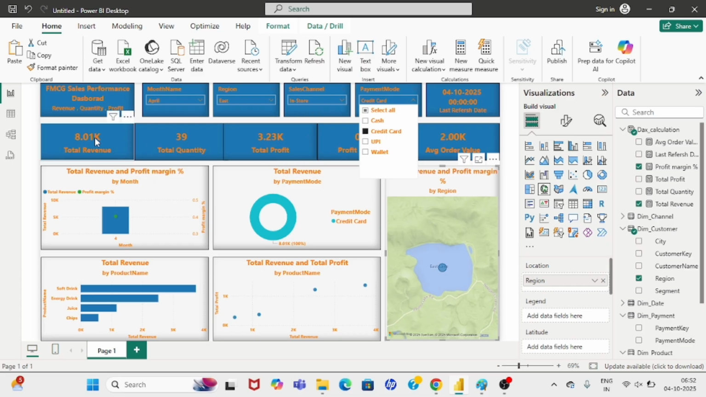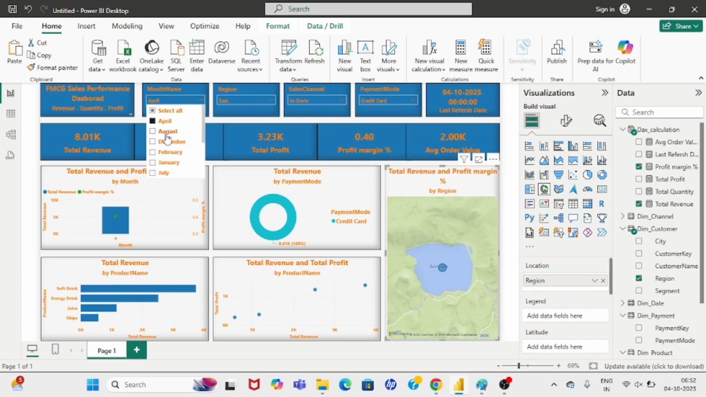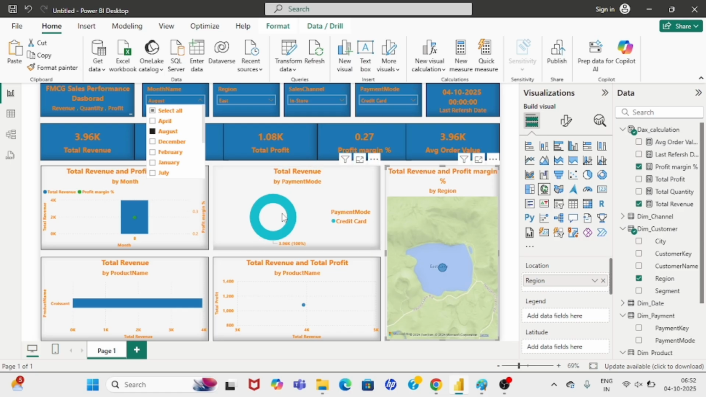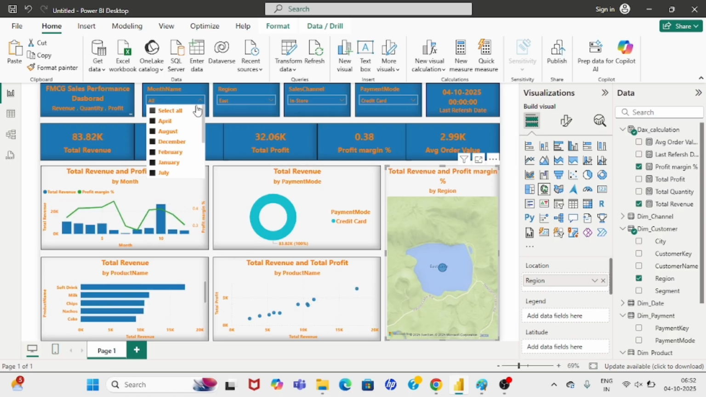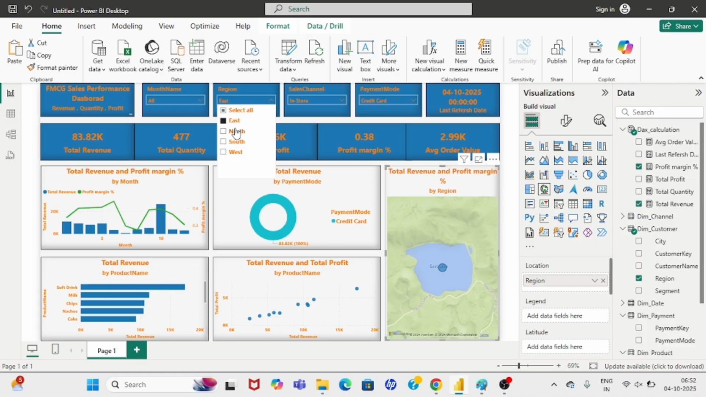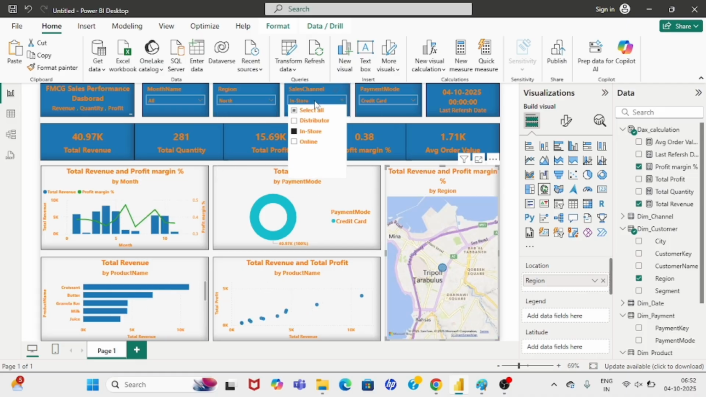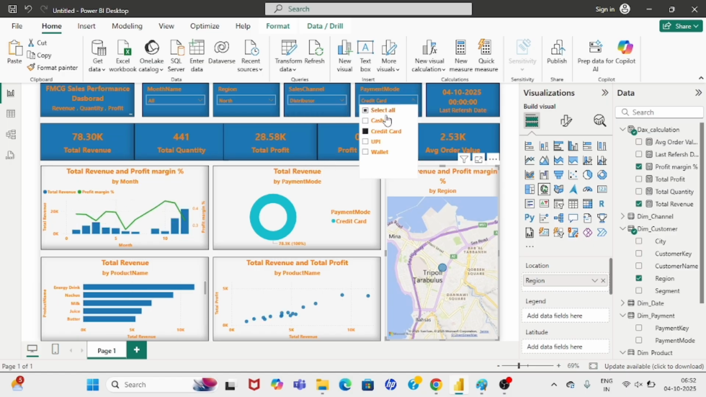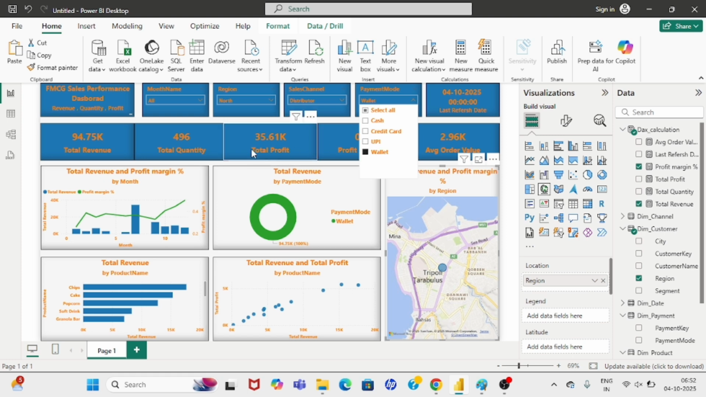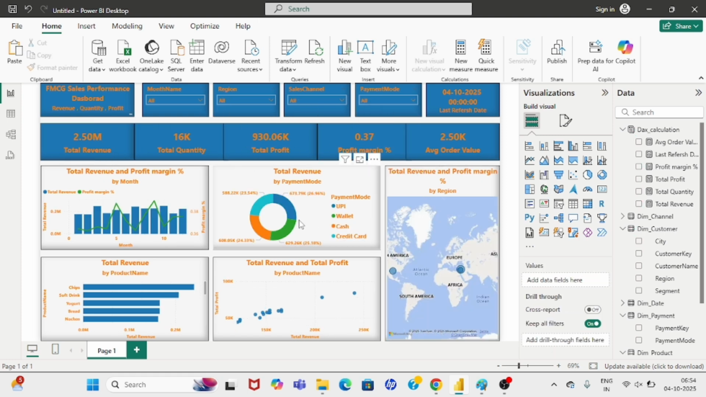This one is also card visualization, total revenue, total quantity, everything. If I select August month, so see this data is getting changed. If I select all, okay, see this, if I select north, so everywhere you would find visualizations are working, right? If I select wallet, so see this, so this is how you can develop the dashboard in Power BI, and